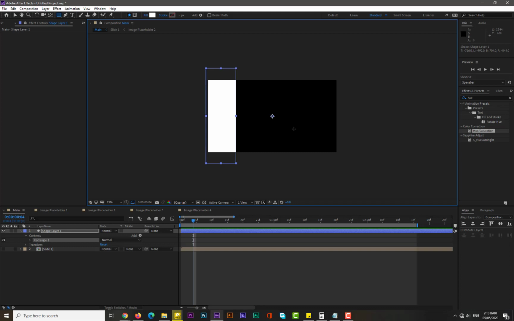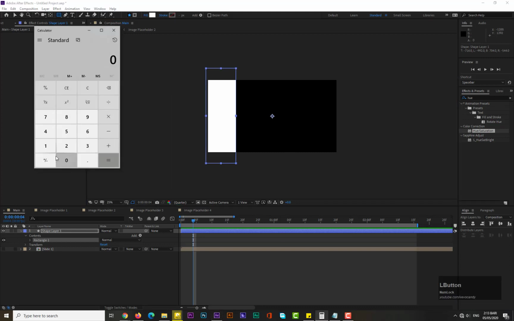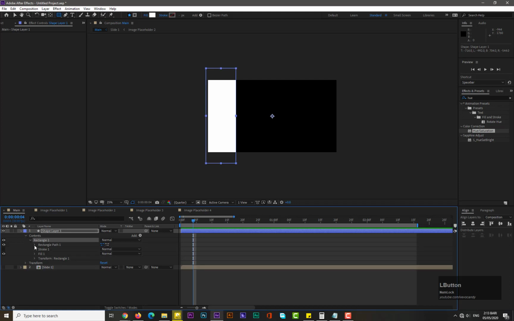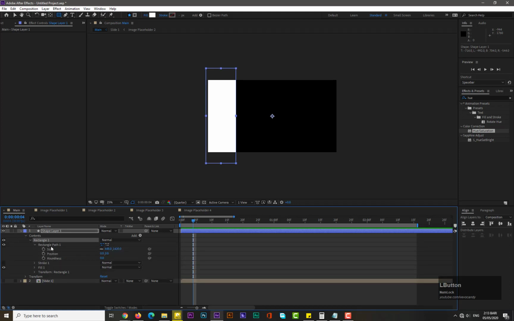So as you know that we have 1920 pixels wide, so simply open the calculator and type 1920 by 6, 320. Now this time we will draw 6 bars and each bar would be 320 pixels wide. So go to its property, rectangular path, and change its size. Don't forget to unchain this link and change its x-axis to